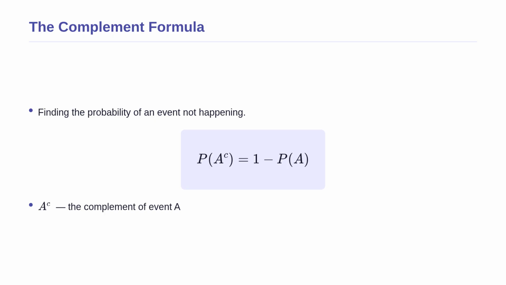It states that the probability of an event not happening is equal to exactly 1 minus the probability that it does happen. This formula is incredibly useful in practice because sometimes it is much easier to calculate the chance of something not happening and then just subtract that number from 1. If the probability of the event increases, the probability of its complement must decrease by the exact same amount, keeping that total sum perfectly balanced at 100% certainty.